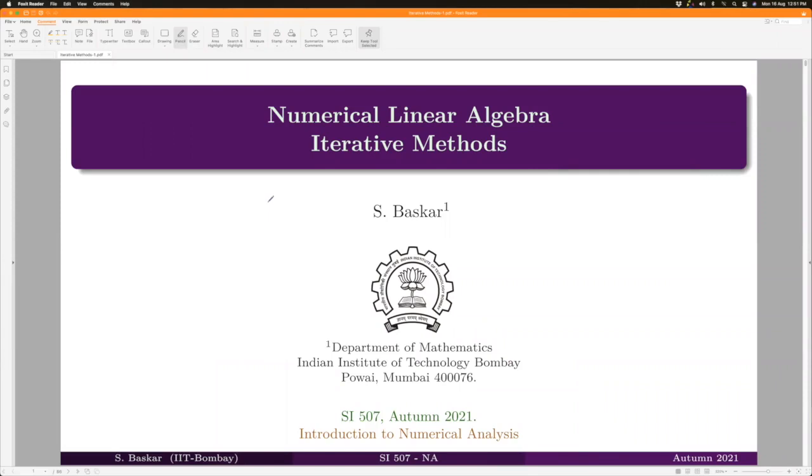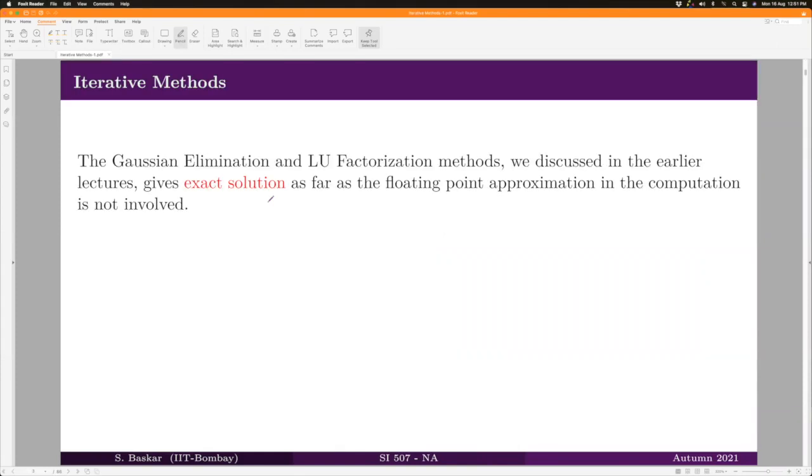Well, students, we are in the third chapter of our course, which is on numerical linear algebra. In this chapter, so far, we have covered direct methods and also we have studied matrix norms. We are now into the third part of this chapter, which is on iterative methods. Recall that in the first part of this chapter, we have studied basically two methods, Gaussian elimination method and some